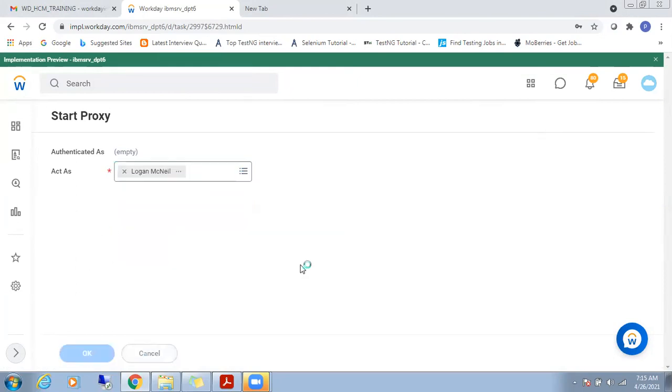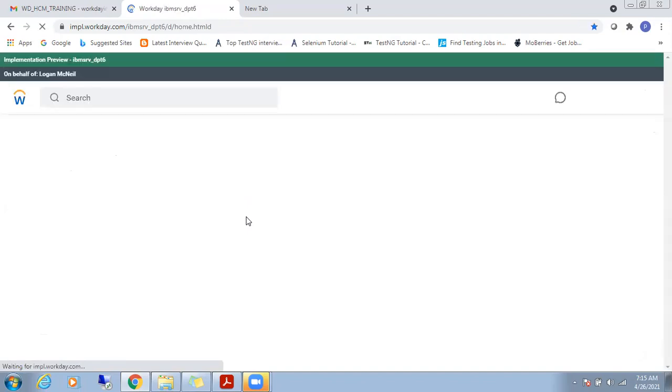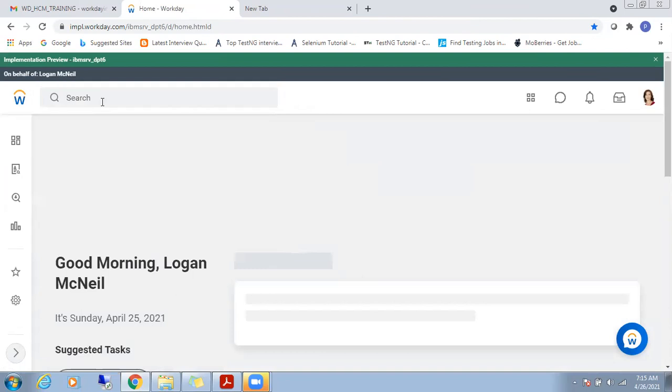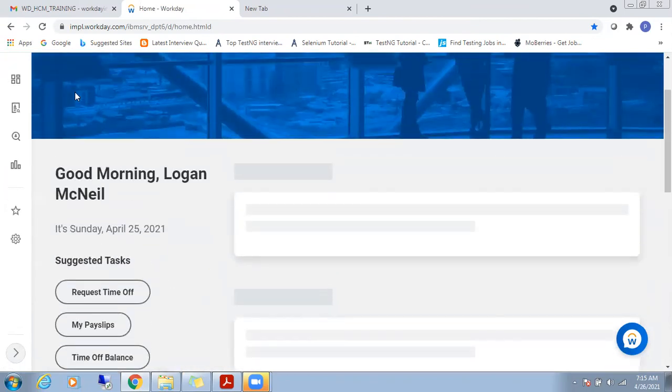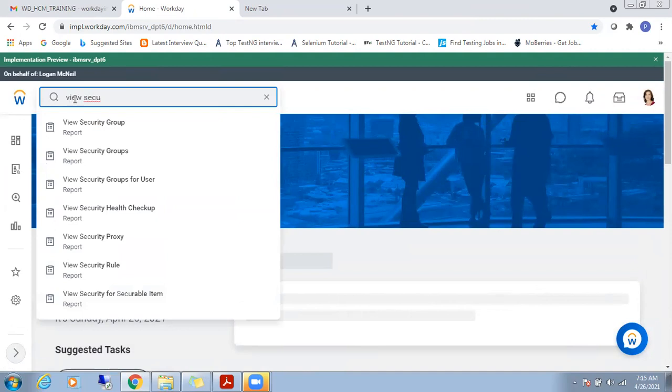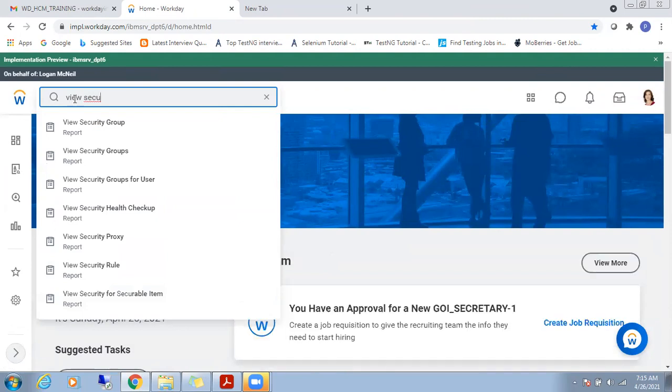Okay, login menu. We'll see. See, View Security Groups for User means what are the security groups that the user has. When you click on this report, it will show you the security groups that are related to the user.